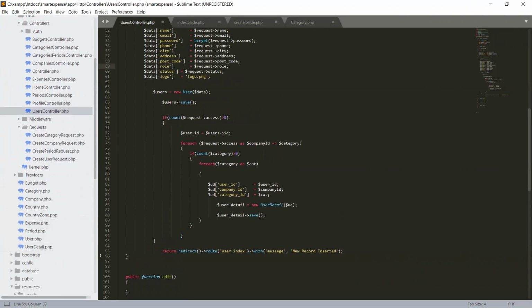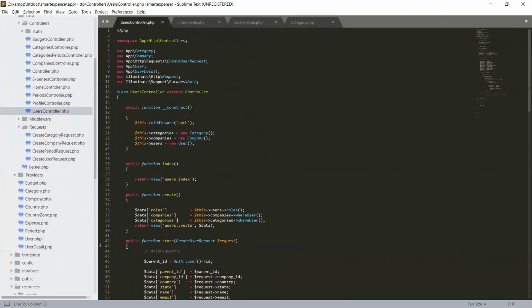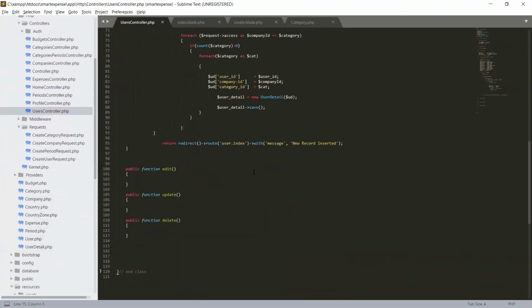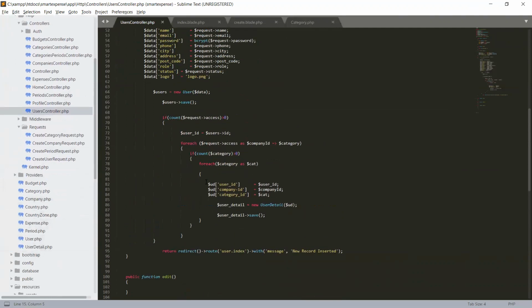What are we pulling? User detail. And here we are, user detail.